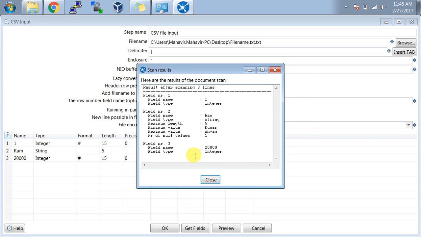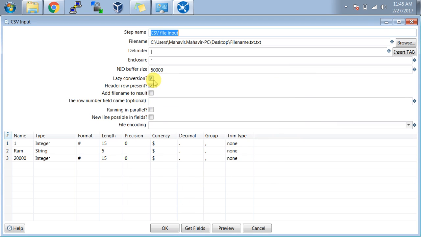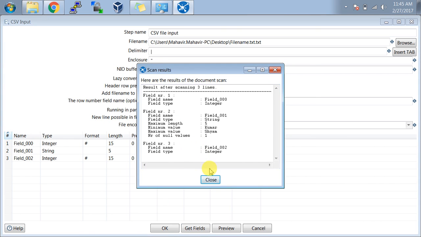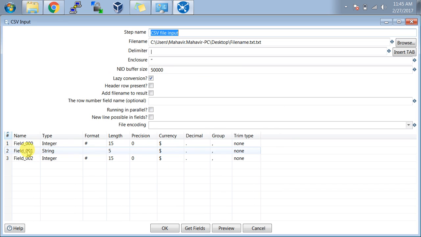See, I don't have a header in my file, so it is taking the first row as header. So I have removed header row present, and again I have pressed get fields. It automatically identifies all the field values based on the delimiter. If I don't want some of these, I will remove them.